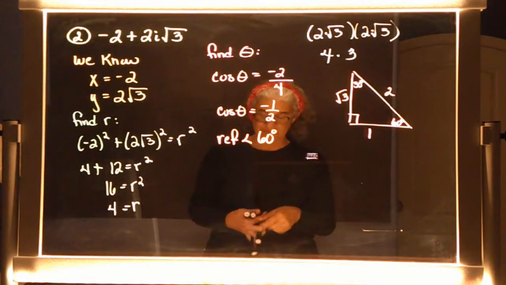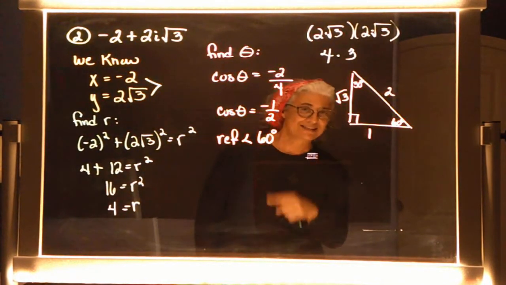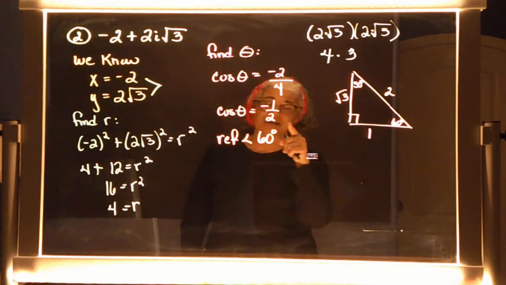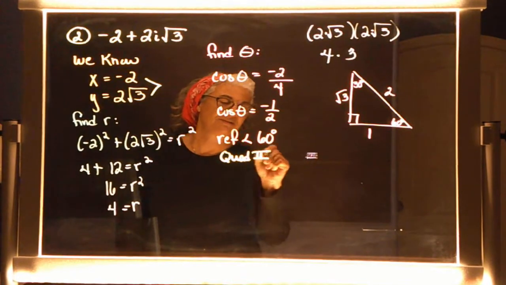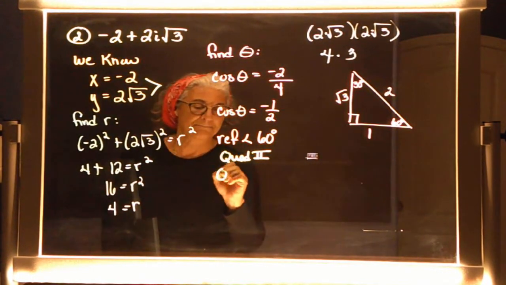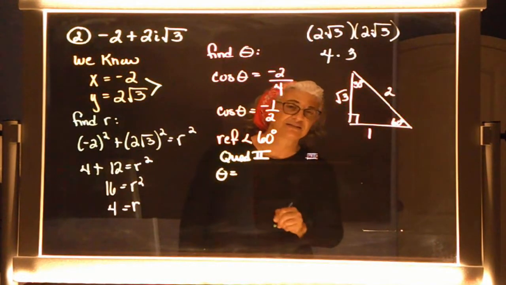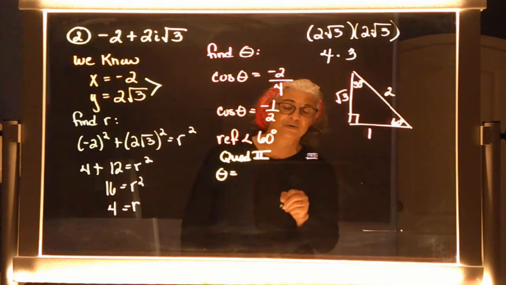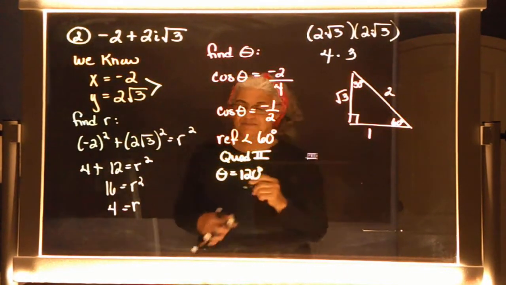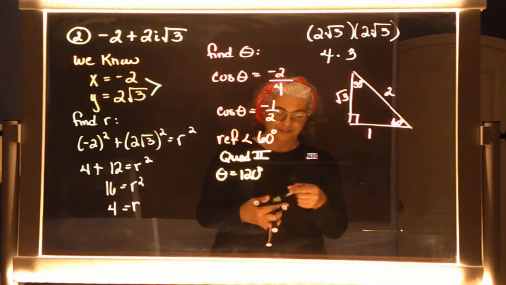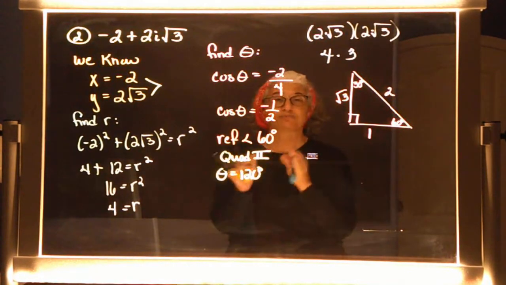Why reference angle? Well, which quadrant are we in? X is negative. Y is positive. Yep, this is a quadrant 2 deal, which means my theta in quadrant 2, knowing the reference angle is 60 degrees, the actual theta in quadrant 2 is 120 degrees. Awesome! Okay, I've got my r, I've got my theta, just like we were dealing with converting rectangular